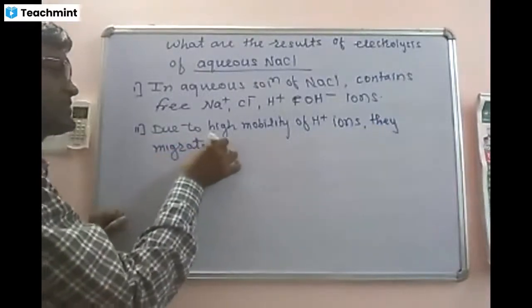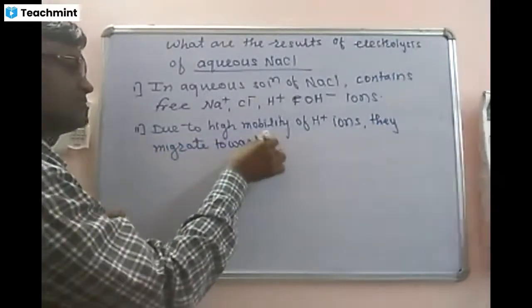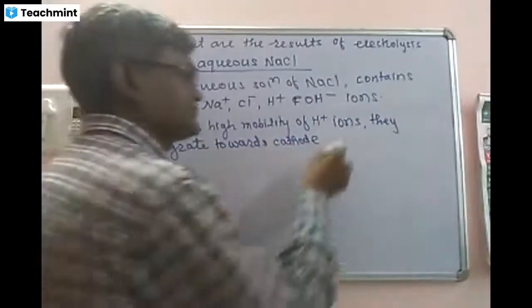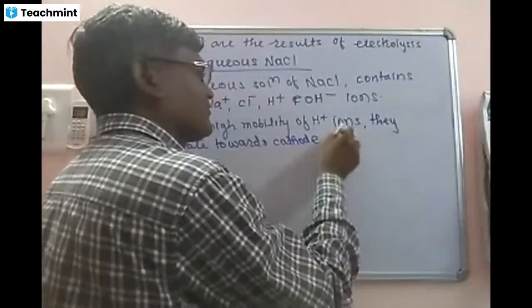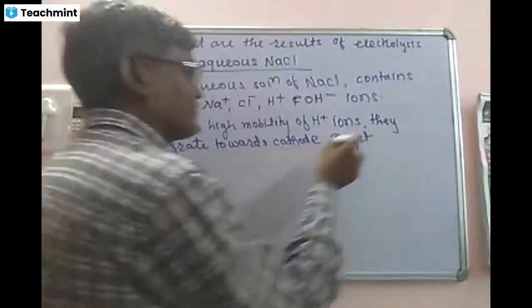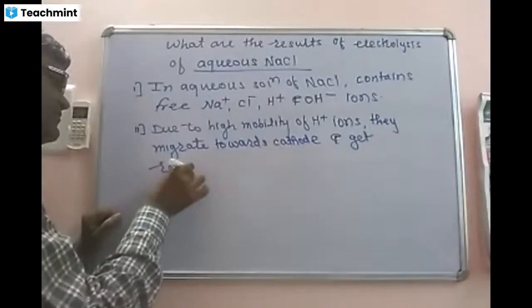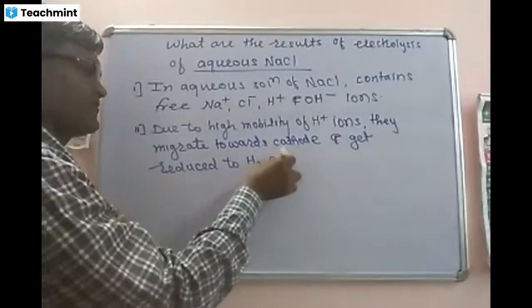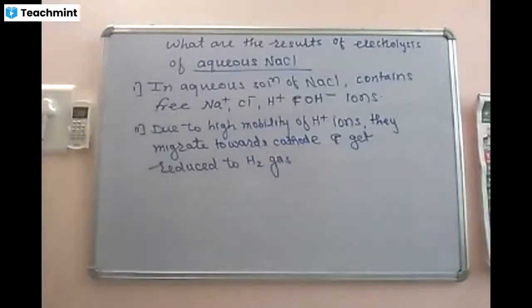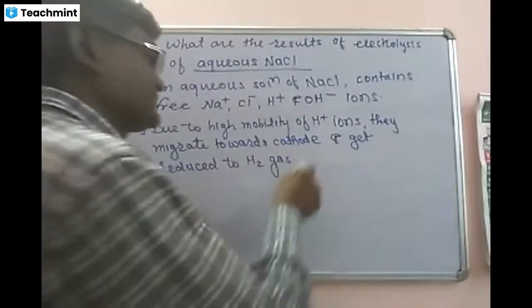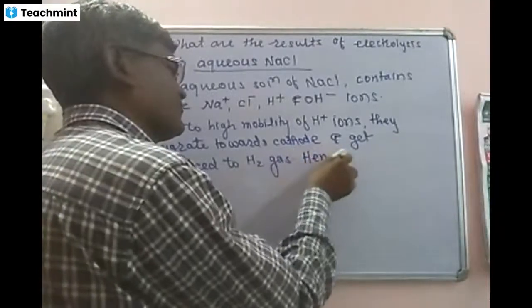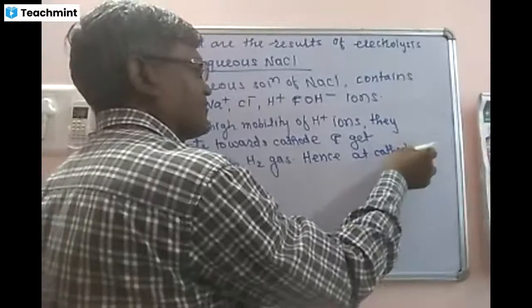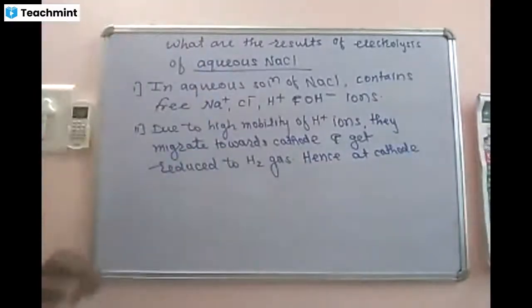They migrate towards cathode and get reduced to H2 gas. Hence at cathode